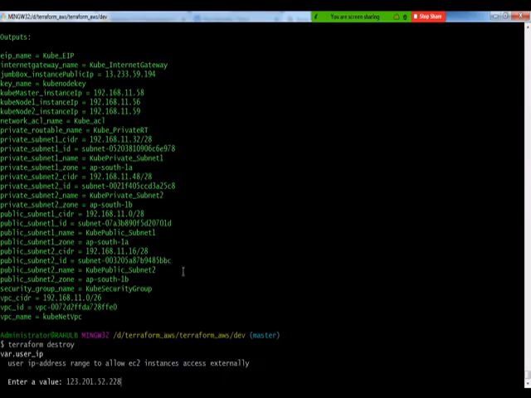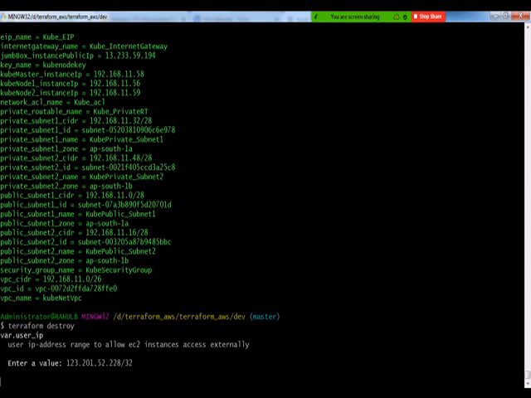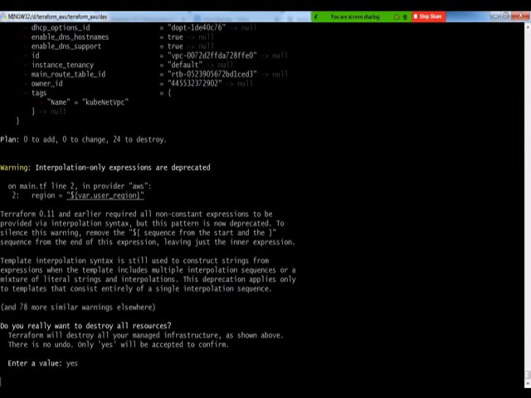Again, the same thing we did at the time of executing Terraform plan and Terraform apply. Now what it's going to do is ramp down all the infrastructure components that were created initially by the execution of Terraform. At this point it's going to destroy all the 24 resources.